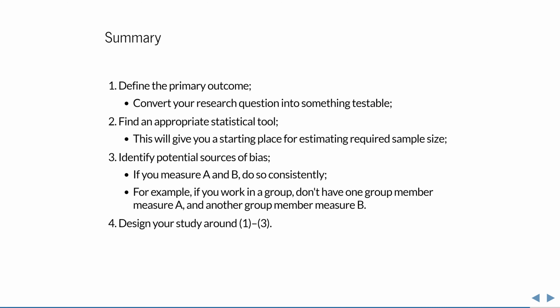So in summary then, before you do any experiments or collect any data, define a clear purpose and a primary outcome of your study. Find the right statistical method for analyzing the results, and then try to substantiate your sample size based on the method you intend to use. Identify any potential sources of bias and try to keep the measurement error as low as possible. Only once you've taken all of this into consideration is it time to start performing experiments and collecting data. This will save you a lot of time and frustration in the long run. It will also make the statistical part a lot easier and your conclusions a lot stronger.